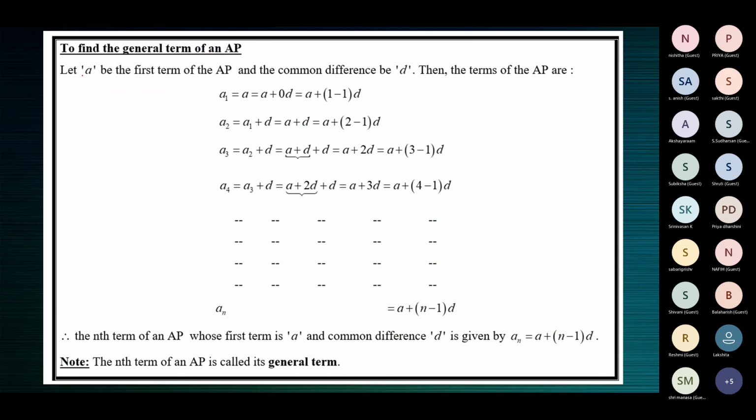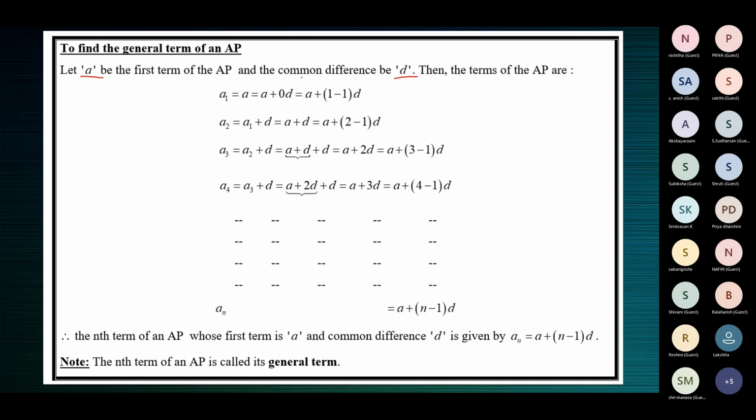So that is why we say let a be the first term of the AP and the common difference be d. Why? Because we need to start off with the first term of the AP and the common difference. I told you the other day, you can say let the first term be x and the common difference be y, and you will be generating the formula in terms of x and y. Here we have the formula in terms of a and d, where a refers to the first term of the arithmetic progression and d refers to the common difference.